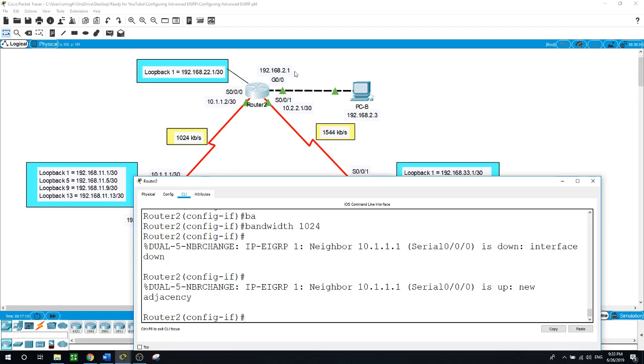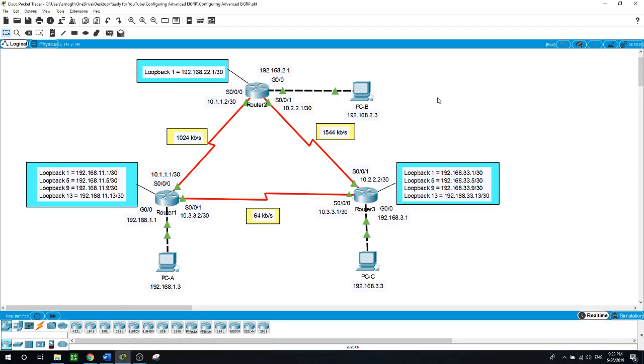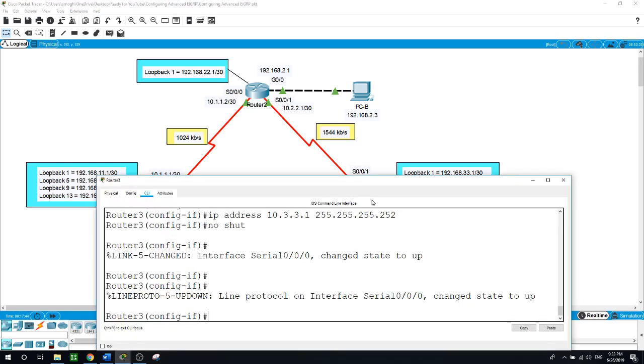Now, on router 3, I will configure EIGRP routing with an autonomous system ID of 1 for all directly connected networks, disable the transmission of EIGRP hello packets for the LAN interface for this network, and configure the bandwidth for serial 0/0/0 to 64 kilobit per second. I'll configure this interface here for 64 kilobit per second. So now on router 3,